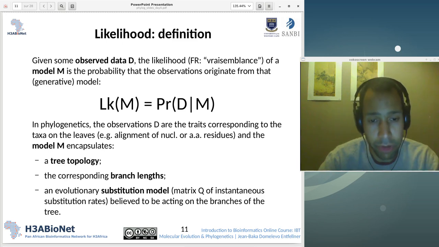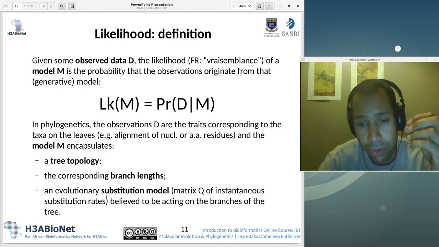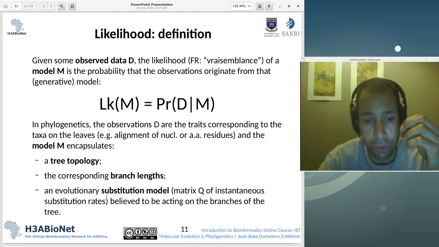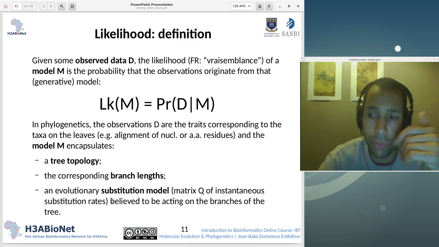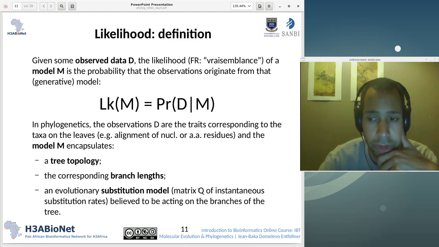The corresponding branch length is the second component of the model, and the third component is the evolutionary substitution model. And usually, most often, it's given by the specification of a matrix Q of instantaneous substitution rates. And remember, we saw this kind of matrix when we talked about JC69, the Jukes-Cantor model for substitutions